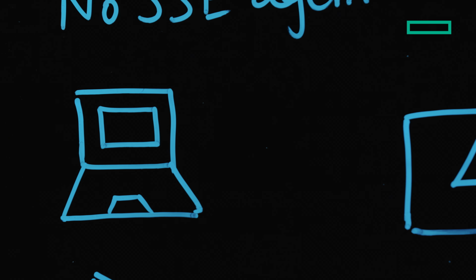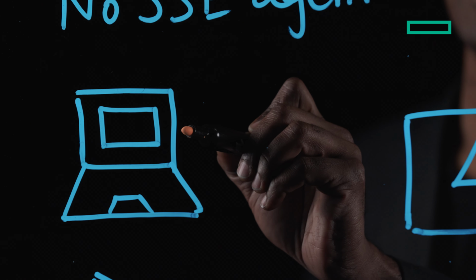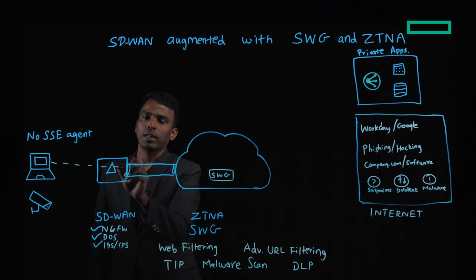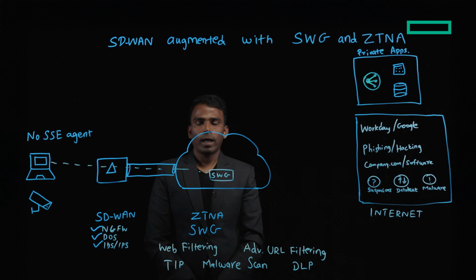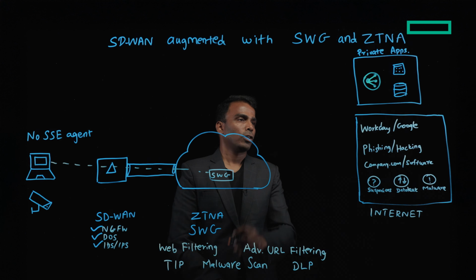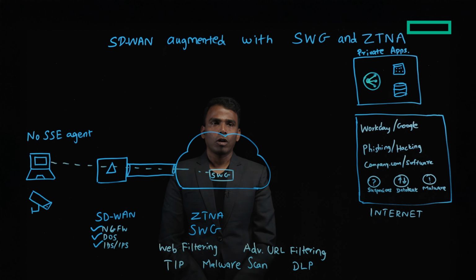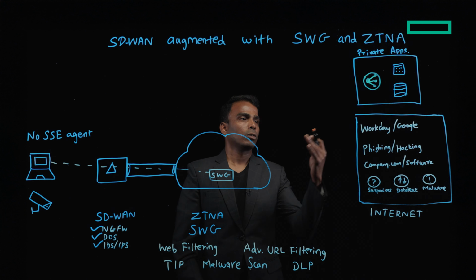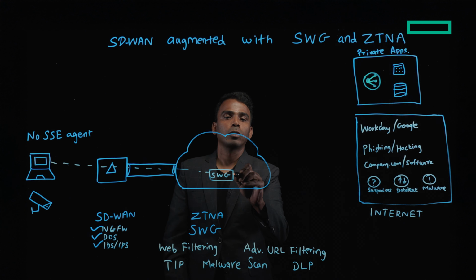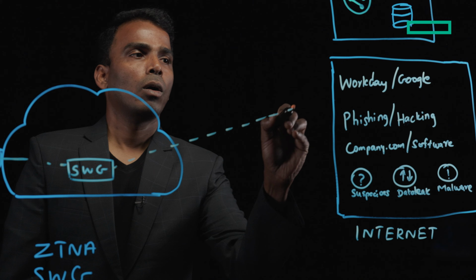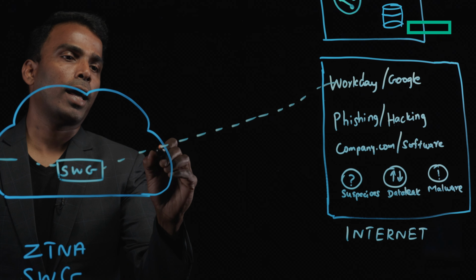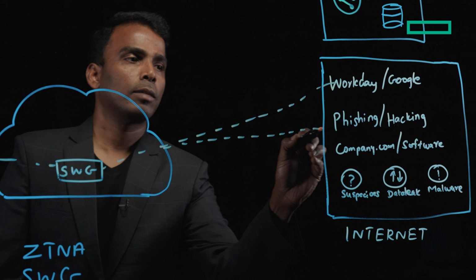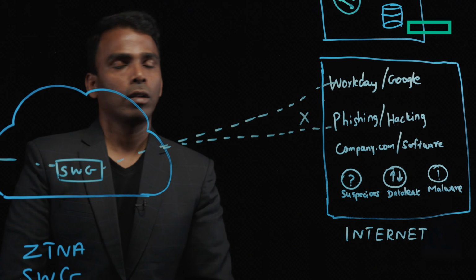Let's revisit our example for the laptop user accessing the daily websites like Google or Workday. You can allow access to these users based on categories like business and economy and search engine, which includes access to Workday and Google, while blocking the access to categories like phishing and hacking,